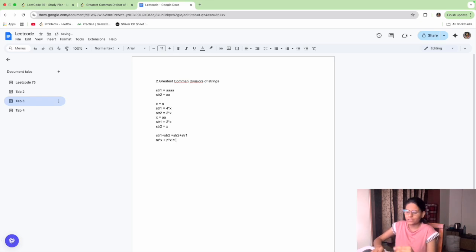Let's solve this equation: m plus n into x is equal to n plus mx. So here, n plus m is equal to m plus n, so both will be cancelled and we remain with string s, that x is equal to x. So basically we prove here that when we say there is a string x which divides both string